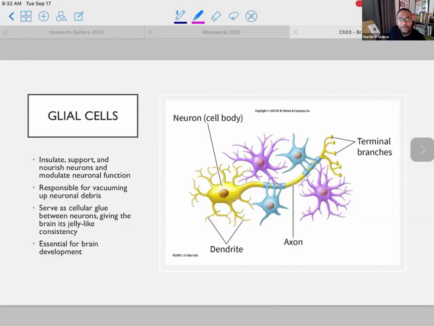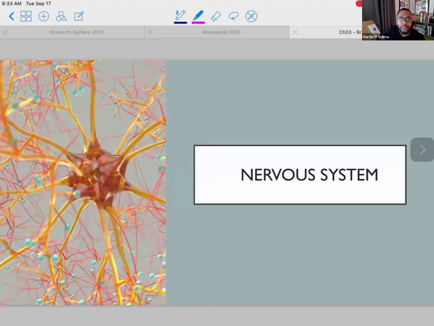And it's really important for brain development. So the next thing we're going to talk about is the nervous system. And the nervous system is like a complex set of neurons that extends throughout your body and your brain. And this network includes cells and carries signals from various parts of the body to the brain and allows that